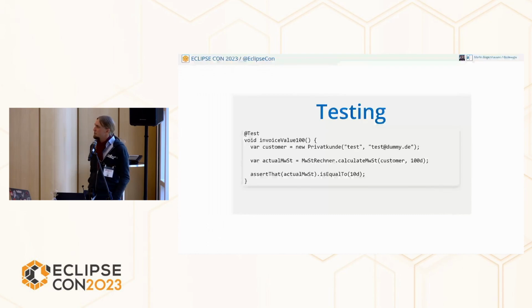To test this calculate Mehrwertsteuer method to 100% coverage, there are only 6 tests. And we are done. And the business logic is fine from there on, because we have not to deal with now. There is no now. We don't have to deal with changing data in between. It's just the input data and the output data. It's very easy, and there are 3 types of Kunde: Privatkunde, Businesskunde, and Businesskunde without Mehrwertsteuer. And then let's take 2 different amounts of money, and we are done. 6 tests done with the business logic.